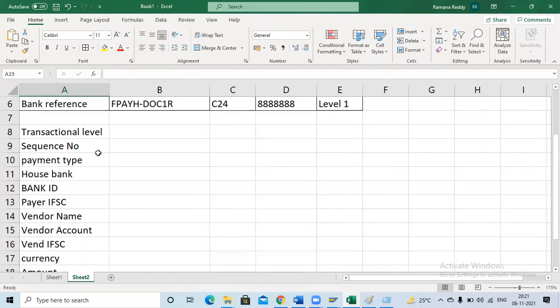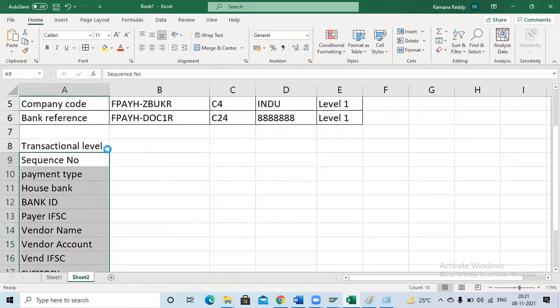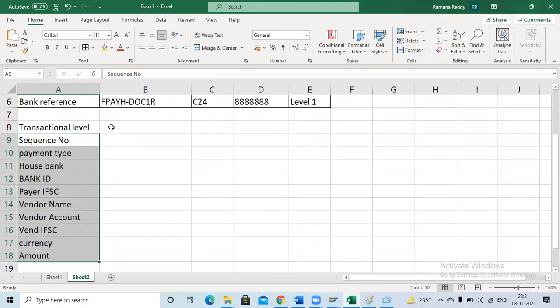Once I execute the app, I am going to display all these fields in one format. Guys, you are understanding, right? This is a little different, but you can understand. This is nothing new. It's normal only. So who gave this format, guys? The bank will give the bank format.